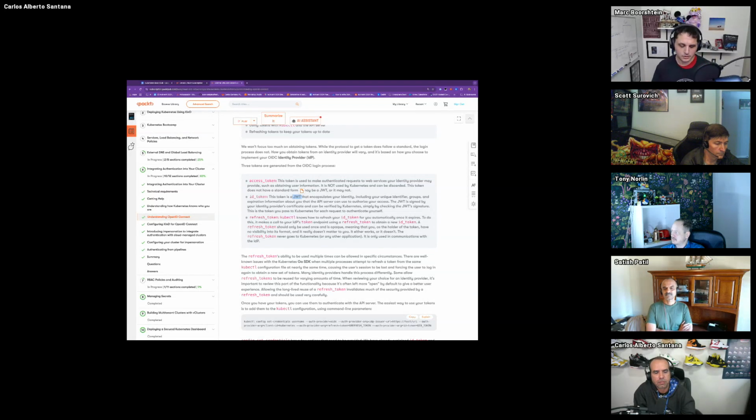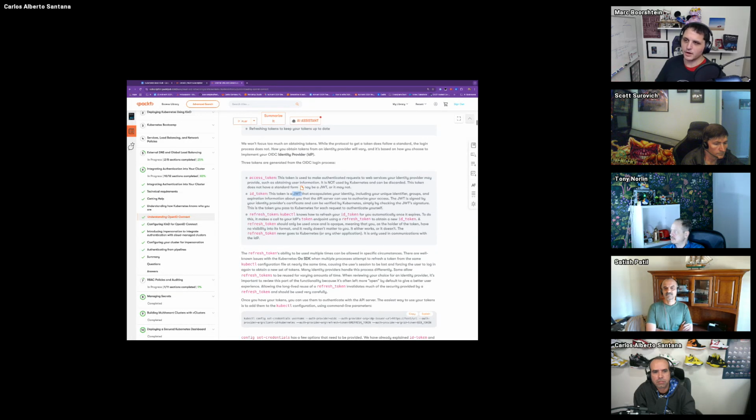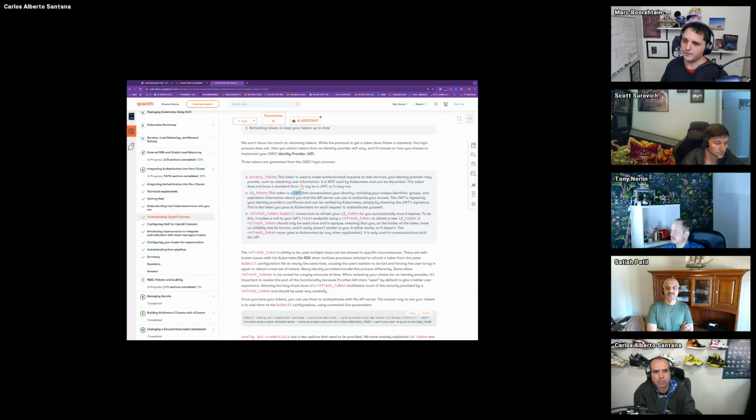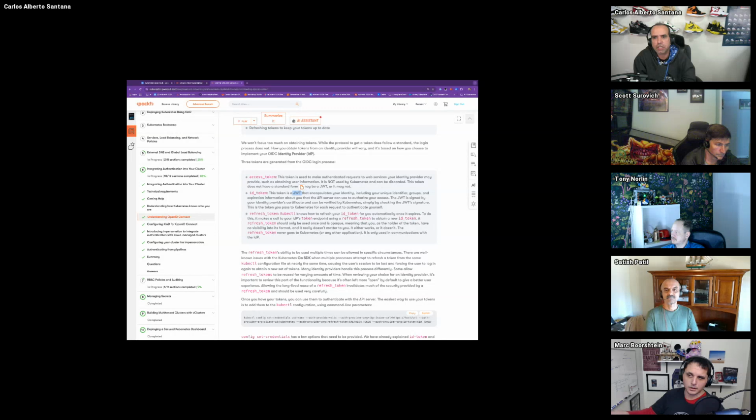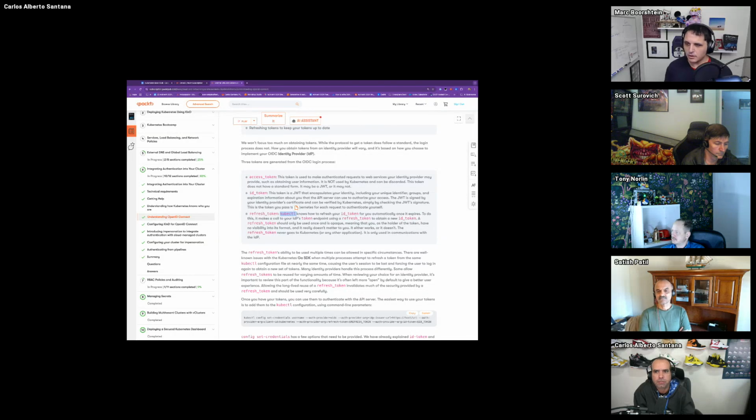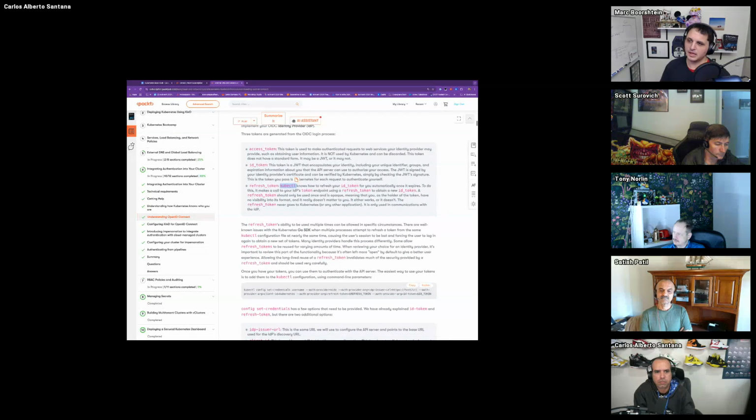Typically with OIDC, your client knows how to interact with the identity provider. Your API server has no idea how to interact with your identity provider. That's all done by kubectl, the logic is in kubectl, for the refresh, right? Exactly. But the only interaction the API server has with the identity provider is to pull in the metadata document, the discovery document, so it can get the public keys to validate signatures. That's it. Kubernetes has no other understanding.